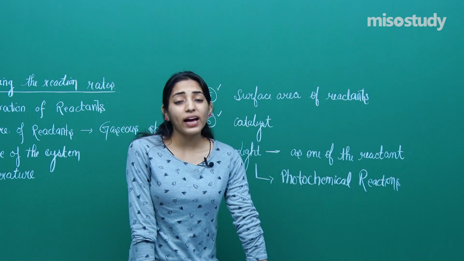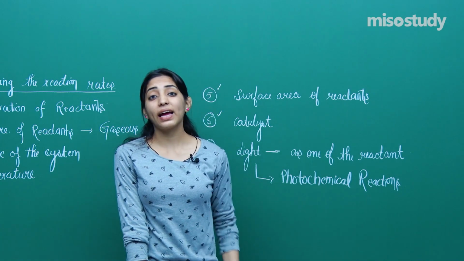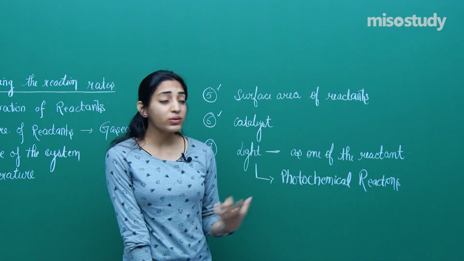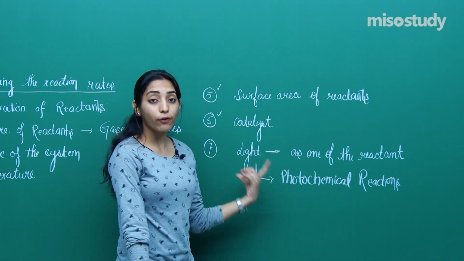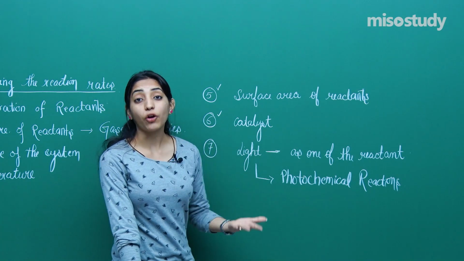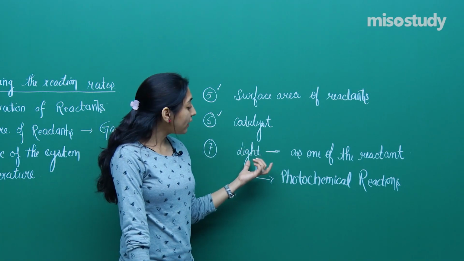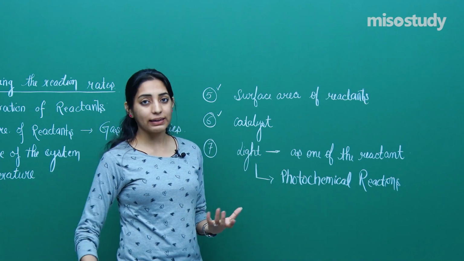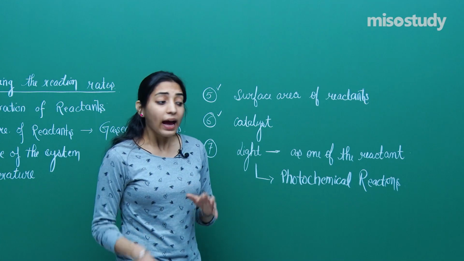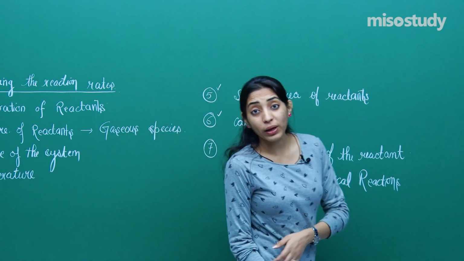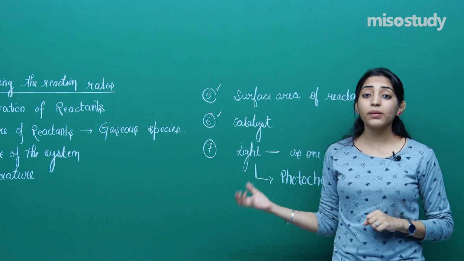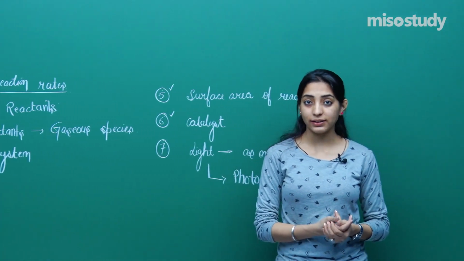This kind of reaction will take place the same way whether you carry it out in the presence of light or in the absence of light. But the reactions which fall under the category of photochemical reactions cannot take place without the presence of light. Okay? So light is an important part of the reactants in case of photochemical reactions. And it is only in the case of photochemical reactions that the rate of chemical reaction will be decided by the presence or the absence of light.